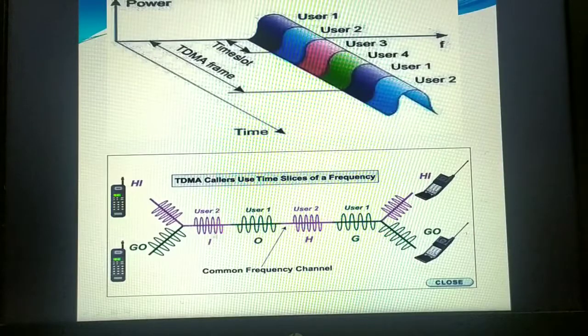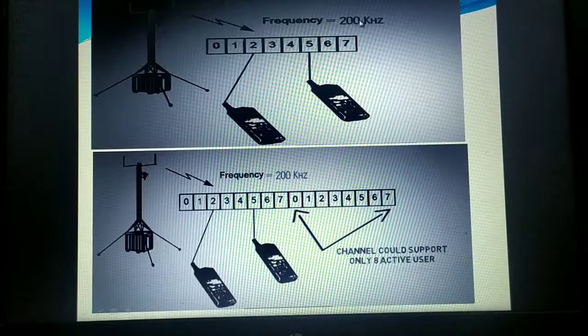Whereas in the GSM network, the entire bandwidth is divided. Right now it is divided for two users. Here I can show you 200 kilohertz frequency divided among 8 users. The frequency is divided into 8 slots. Now each user, the first user, is getting around 25 kilohertz, and within that he has to send the data. Second one, third one, like that. If the first one has completed his communication and this time slot is not sufficient to transfer his data, again he has to come into the queue. When his turn comes again, he has to deliver the data. But users will not feel this delay in transferring the data.